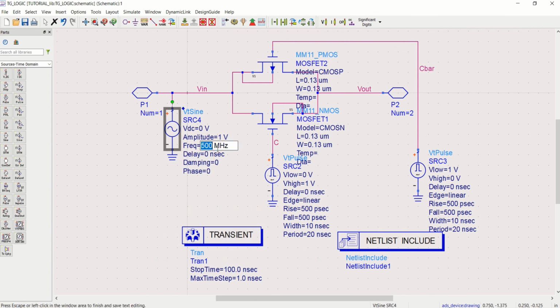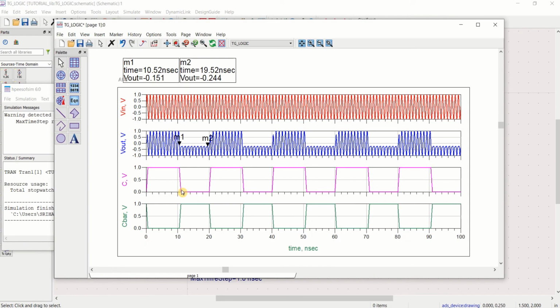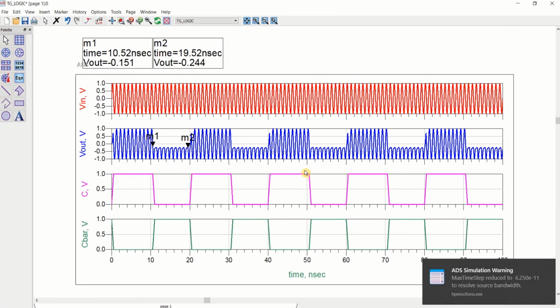Use 1 gigahertz. Save the design. You can run the simulation again. So you can see the result, what is happening.